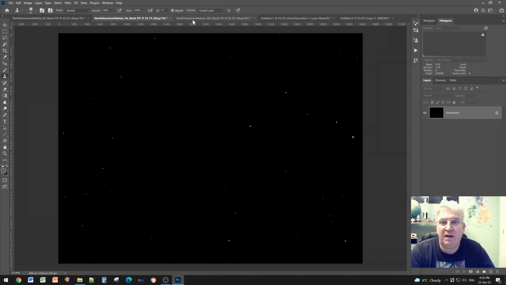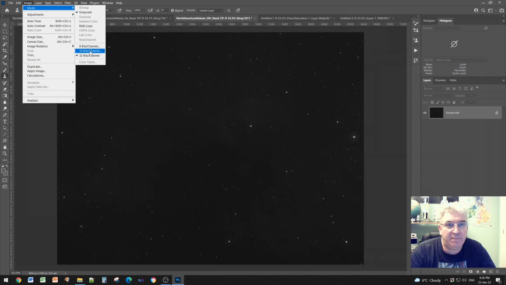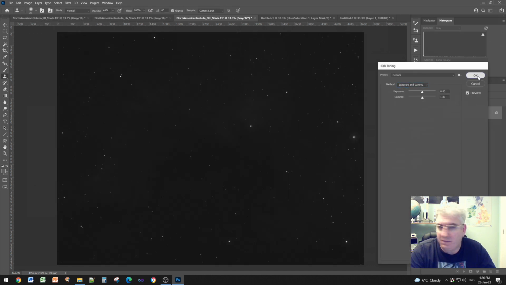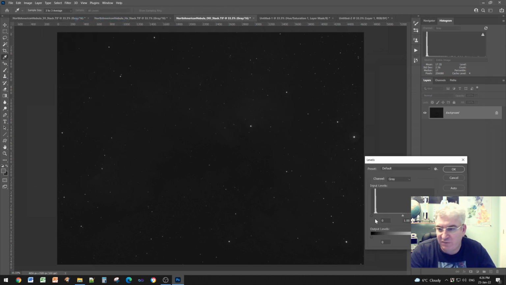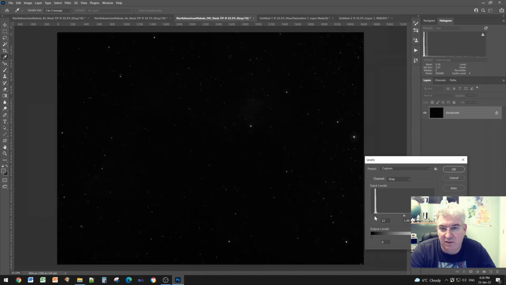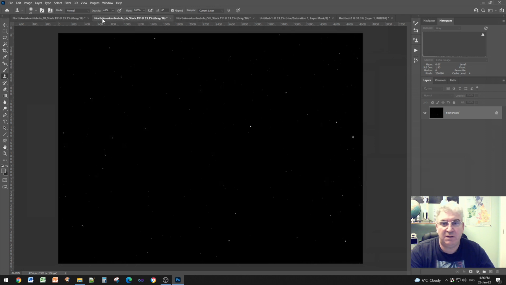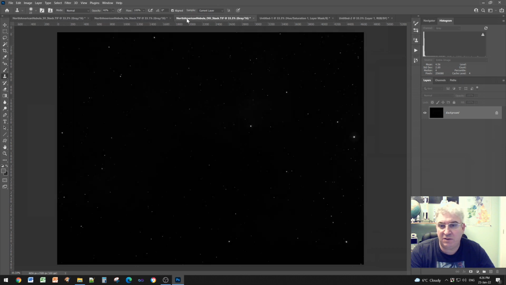Okay, and now I'm going to go into the oxygen, do the same thing, convert to 16-bit, exposure and gamma, and I can see a little bit of deep sky object in this, so I'll do a levels adjustment, lift up the black level, and just kill off the deep sky object. So I've just got stars. Okay, so here's my sulfur, hydrogen and oxygen, and now I'm going to make a new image,